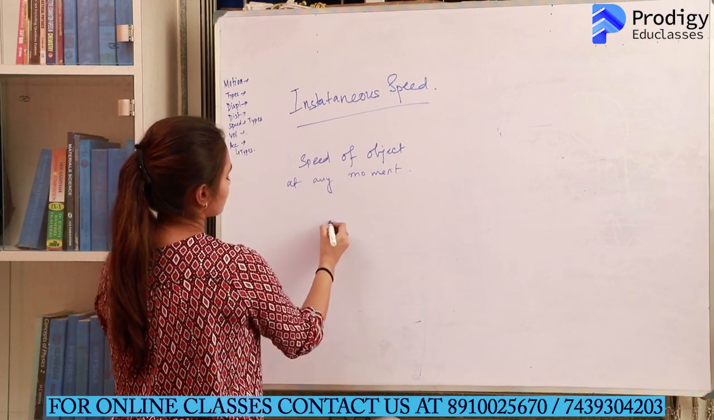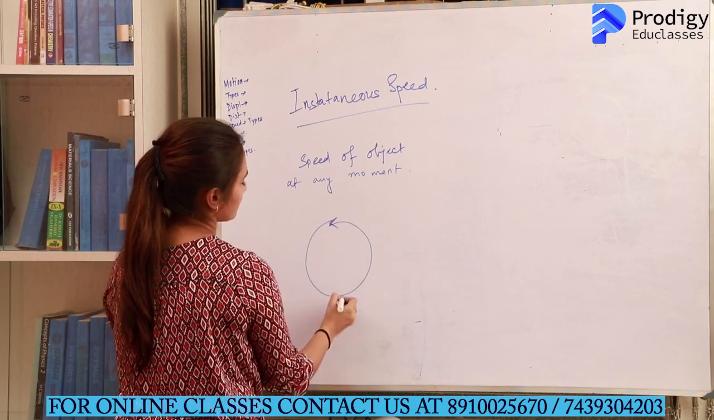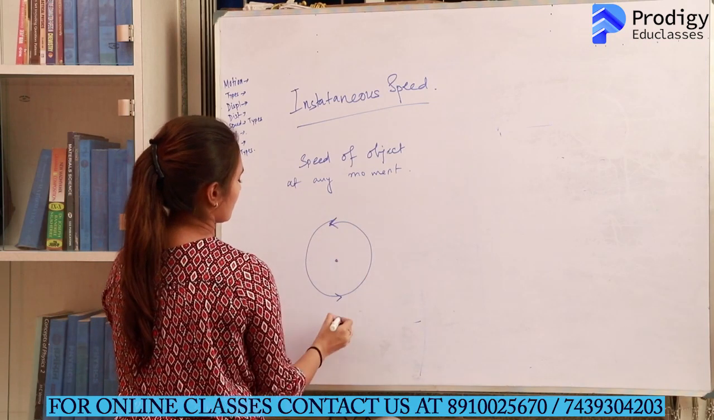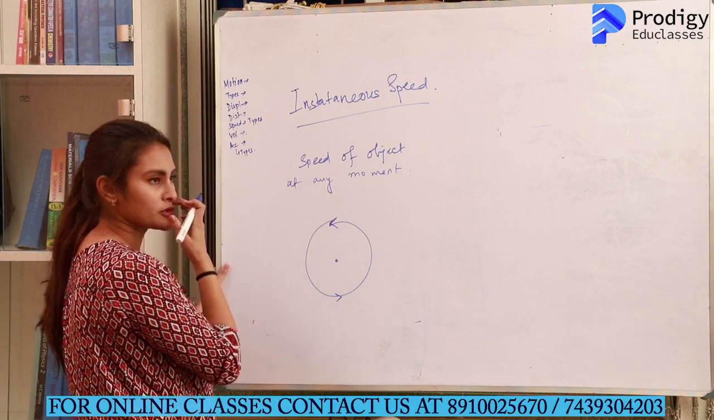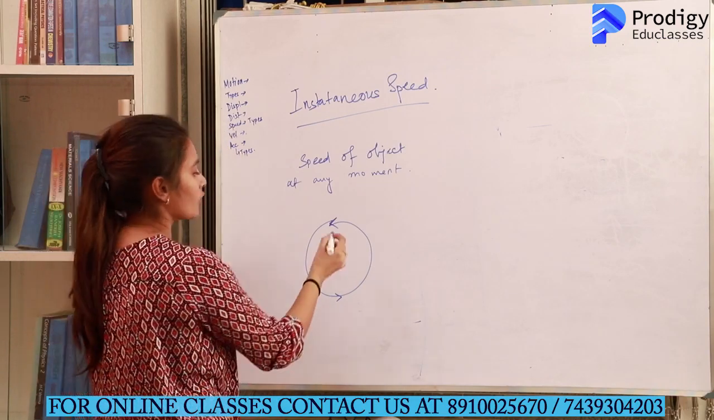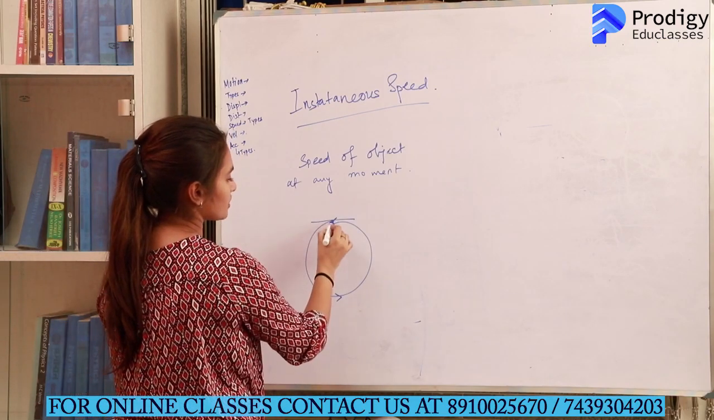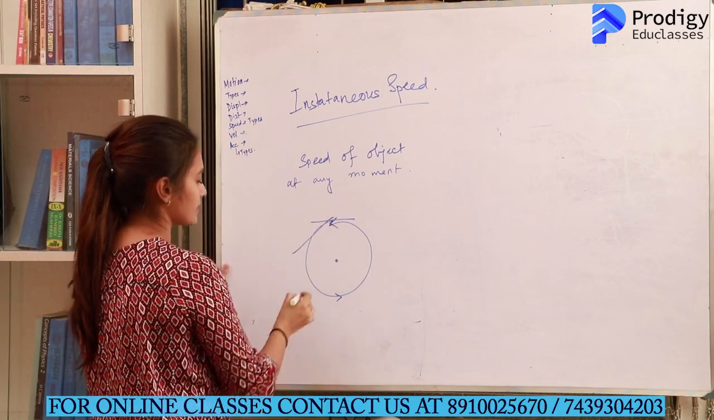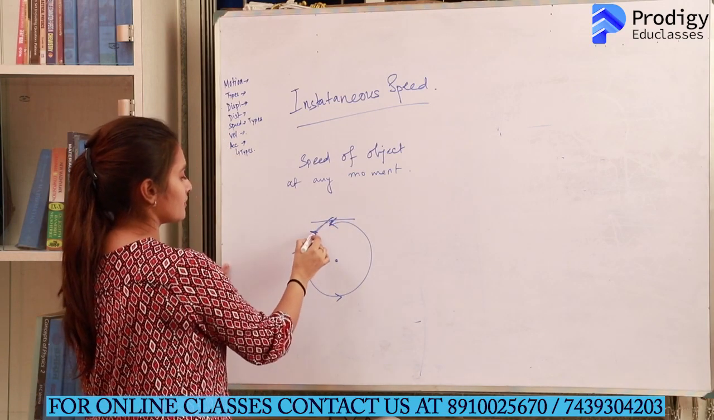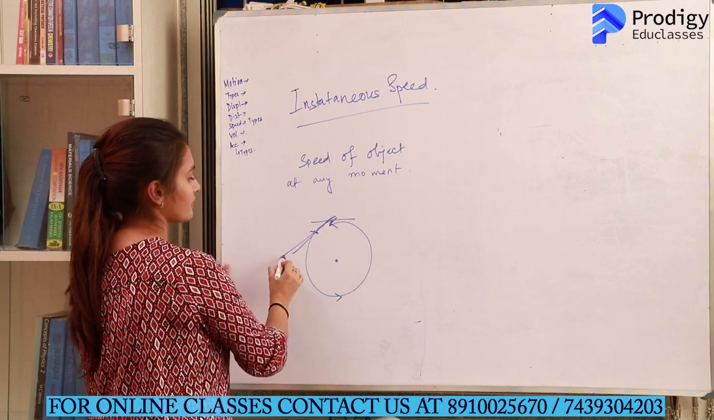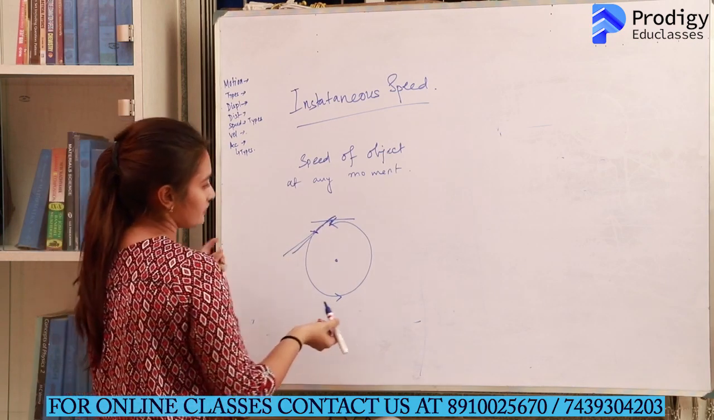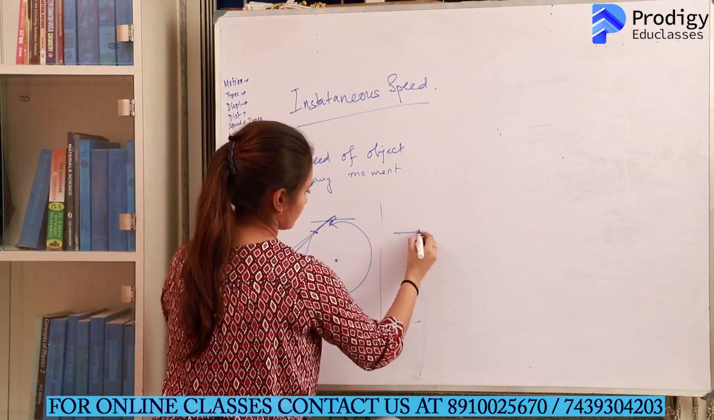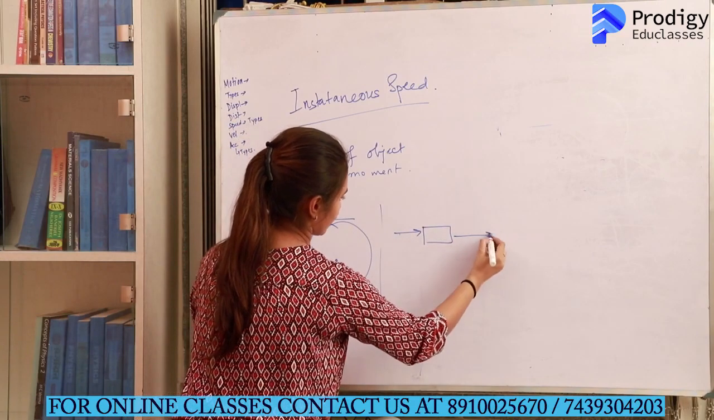Suppose an object is rotating in a circular path. Any kind of object is rotating in a circular path. What will be the instantaneous speed of this object? In maths you will study that instantaneous speed will be at a point, and we can find it out with a tangent. If you don't want to understand it this way, I can also give you an example of a normal rectilinear